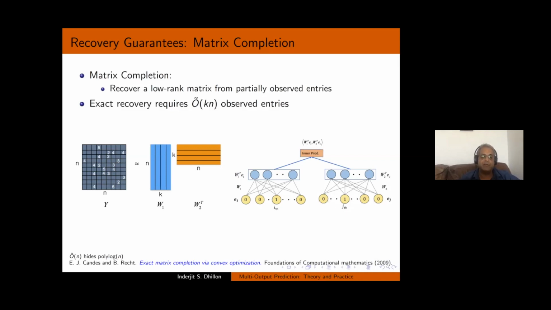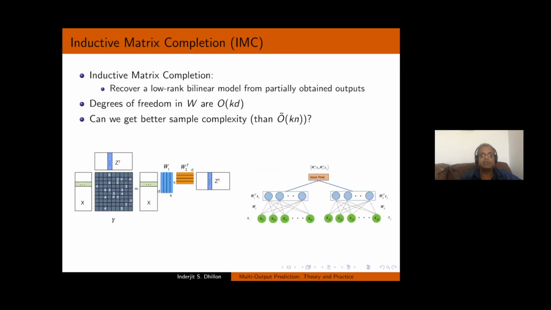And then in seminal work, Candes and Recht showed in 2009 that you only need to get order tilde, which hides polylogarithmic terms, order tilde kn entries, right? K being the rank over here, and n being the number of, let's say, users and movies. So that is recapping traditional matrix completion literature, but now in this inductive matrix completion problem, remember that the degrees